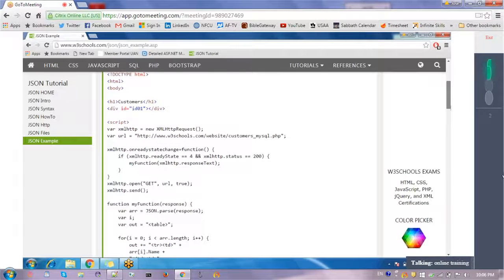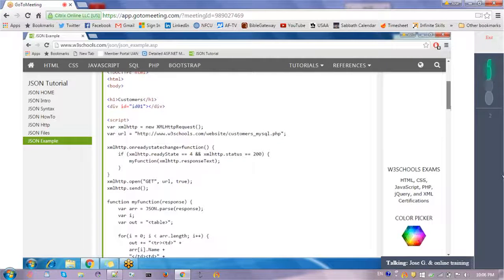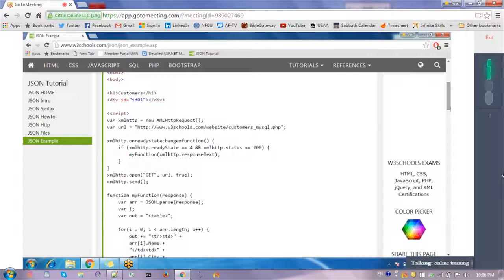Okay. And another thing, suppose we discussed how to make an Ajax call with the help of the jQuery Ajax methods, right? Yeah, we discussed that, and I also showed you the example yesterday.